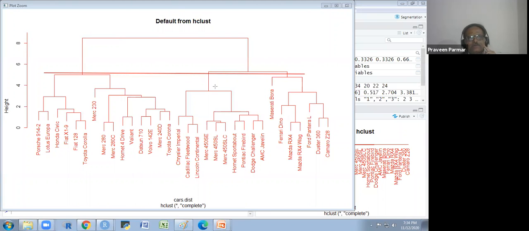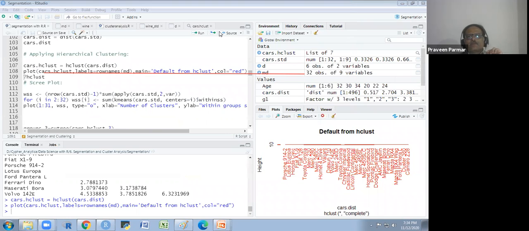It should be horizontal properly. You could determine which one. This is our first cluster, this is our second cluster, and this is our third cluster, as per the height. But it is not giving us the proper view. We could not see whether it is completely horizontal or not. So I just clear it.